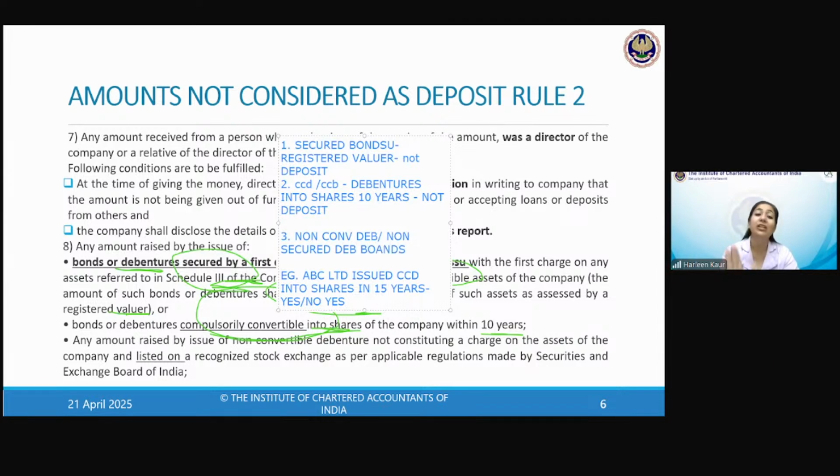So now we are having non-convertible, which means they're not falling under the second category. Then it is non-secured also, so security cannot be given. But they are listed on the recognized stock exchange. Then also it will not be considered as a